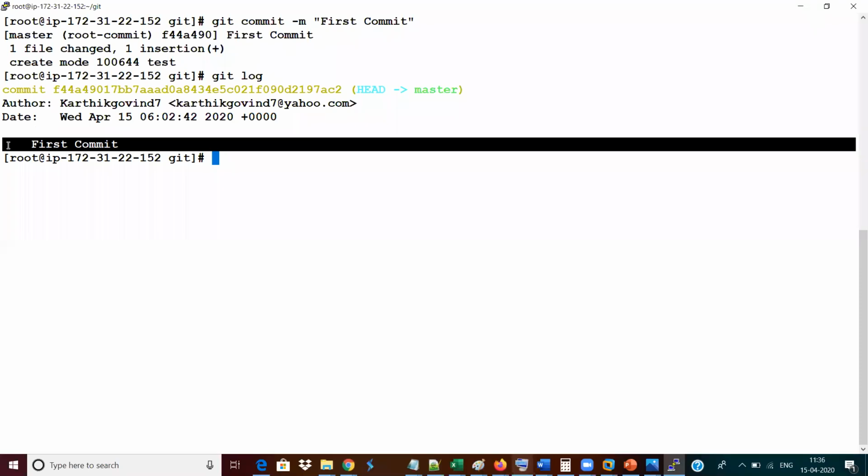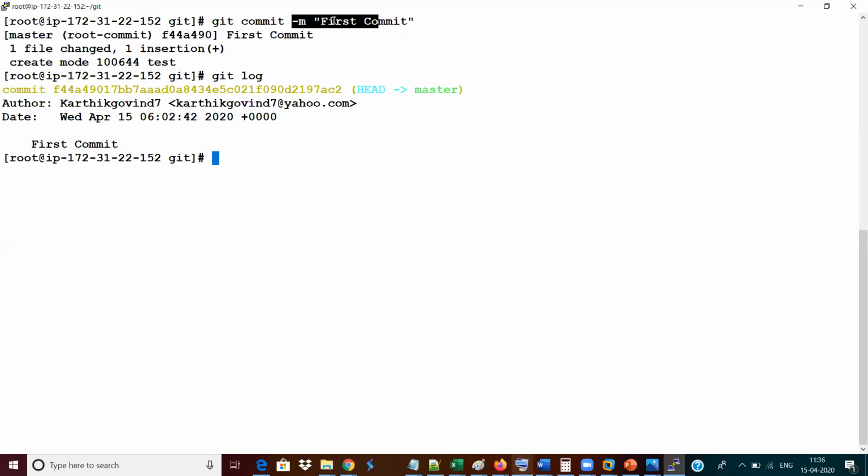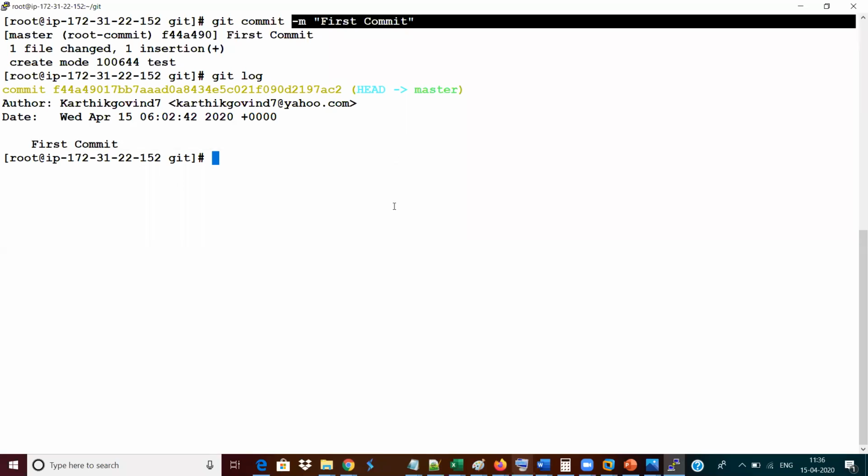So that if anything goes wrong with this particular change, you can go and verify with the appropriate developer or administrator. You can ask me, do I definitely need to give a message? Yes, you definitely need to give a message. Without a message, your commit will not be performed. Your commit's message will always carry information relevant to the change. You have done one change, right? Here you are seeing an example where you are creating a file, but in real time the file will already be available, for example, 1,000 lines of code. Something, there may be an issue occurring in your production, or an issue occurring in your development or testing environment, then you need to go and fix that in the code.